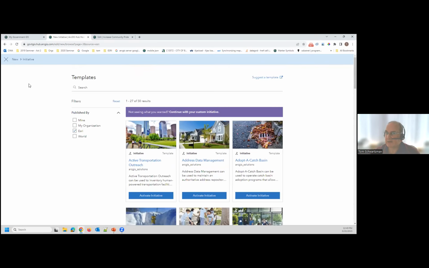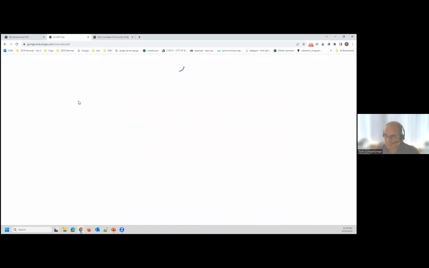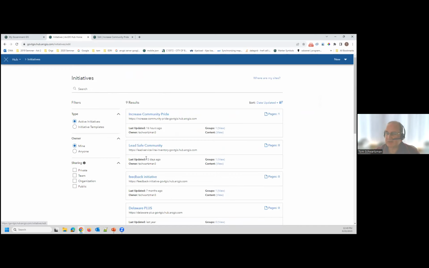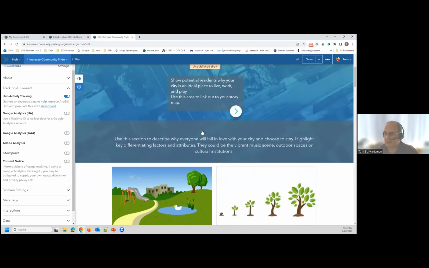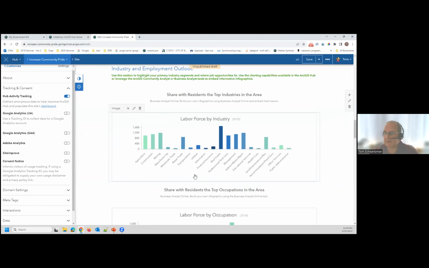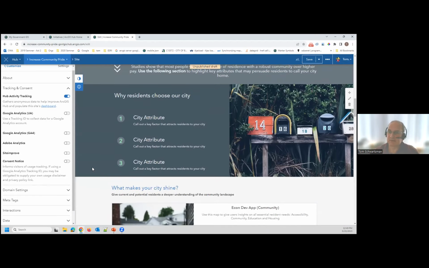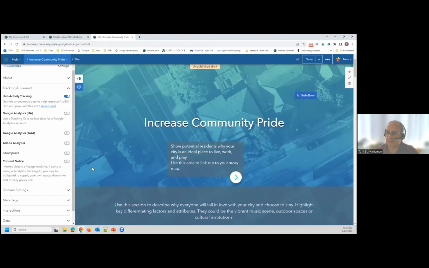If I go back here, and I really don't want to create a new one, but if I go to manage, here's the one I spun up. Okay, it's mine. I'm an administrator in my org, so I could look at ones that are owned by other people, but I'm interested in this one. That will take me to the home page of this template. You can see it's got some stuff in it already, all of which you can do whatever you want with. You can delete it, you can reorder it, you can change the imagery behind things, et cetera, et cetera.